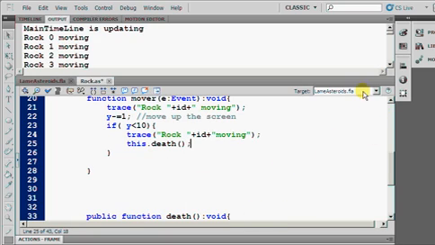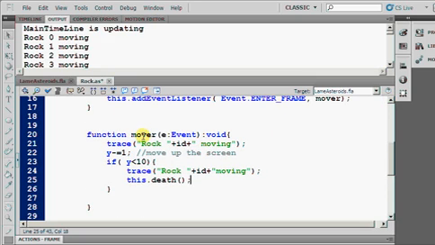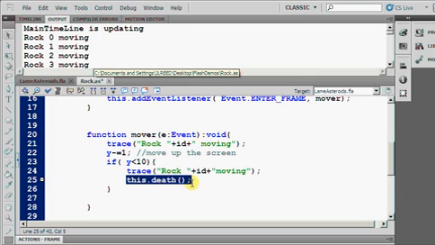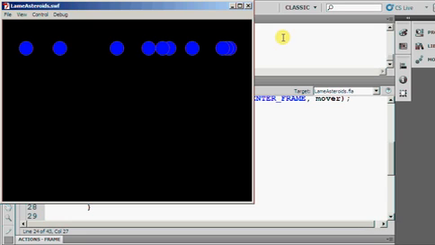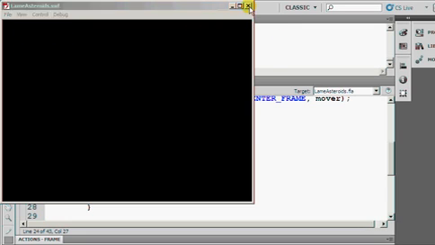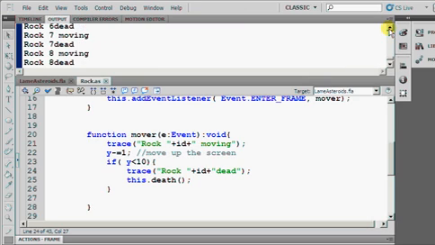and I have this little death function that does all the killing, getting him out of the array, getting him off the screen, and inside my rock, I could say at a certain time, this rock will take himself off the screen, and I will tell you that I am dead. Now, watch what will happen in your output. The ordering of this gets a little weird